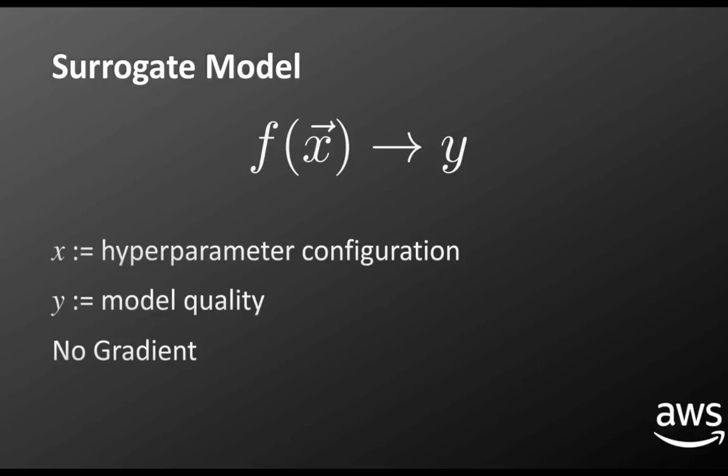And what we're going to use, and what we use in SageMaker for the surrogate model, is called a Gaussian process. And Gaussian processes are great because not only do they predict y as a value, but they predict y as an uncertainty range. You get a middle and a variance, a mean and a standard deviation for every y that comes out. So to visualize what this looks like,